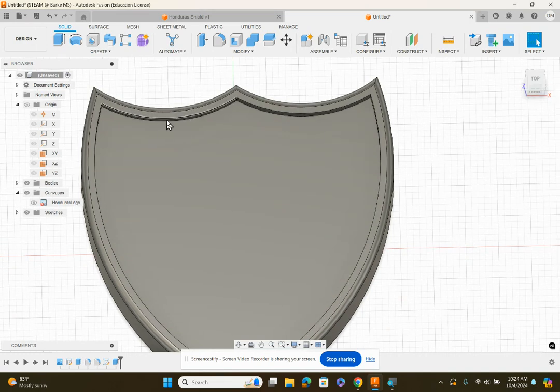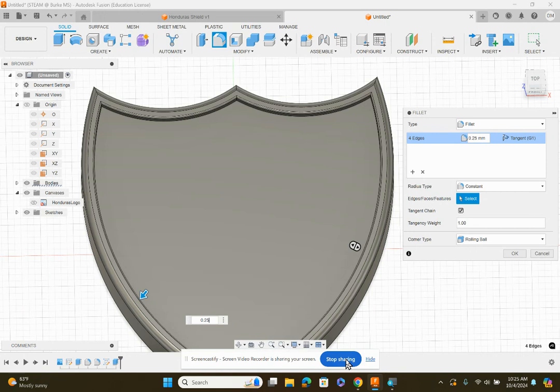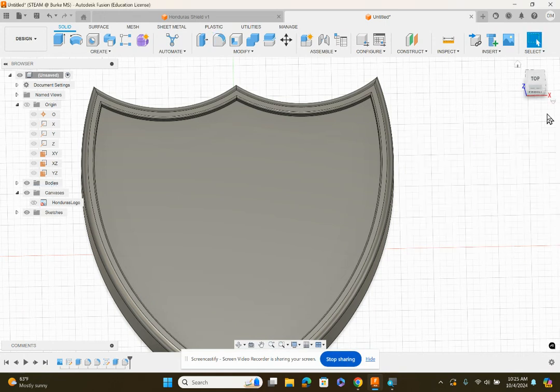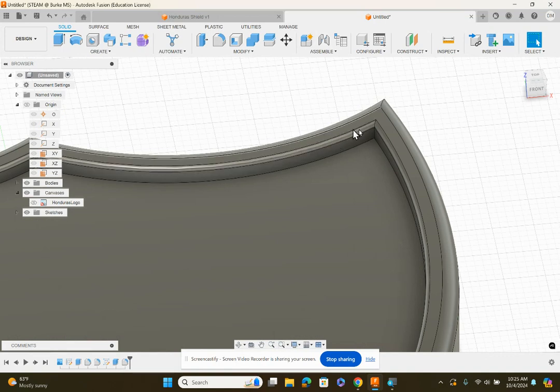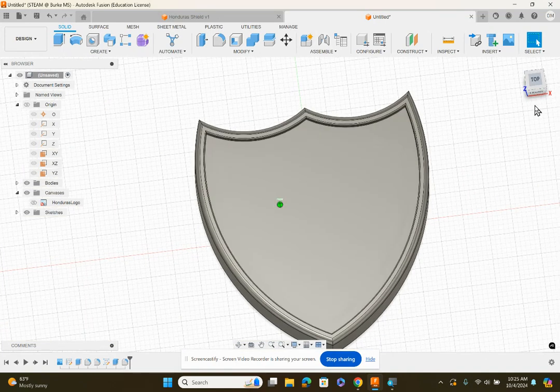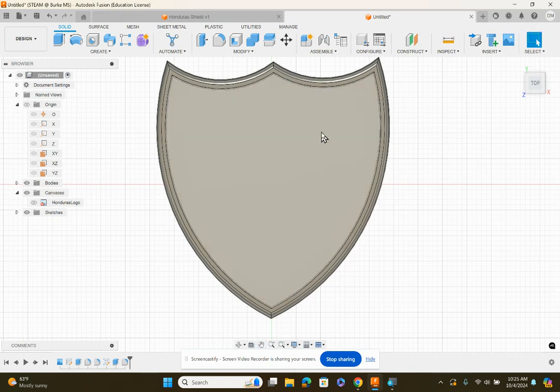Maybe, what does a fillet look like here? So let's try filleting that edge and this edge and this edge. But instead of a 1, let's do something small like a 0.25, like a quarter. So it's not that intense, but it's not that sharp either. So you can see now this is nice and round here. The more you do to it, the better looking it becomes. And so I'm just giving it more details. But I think I can stop now with the details here, and I can now start working on the inside